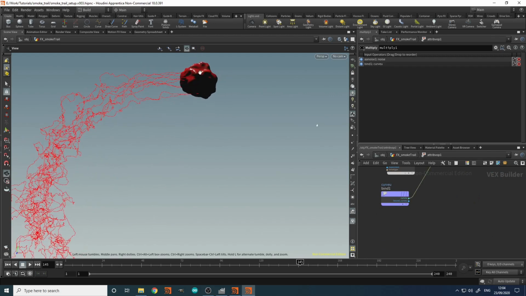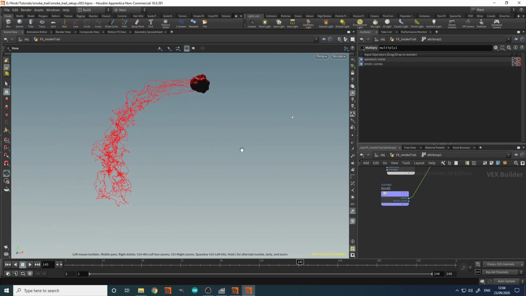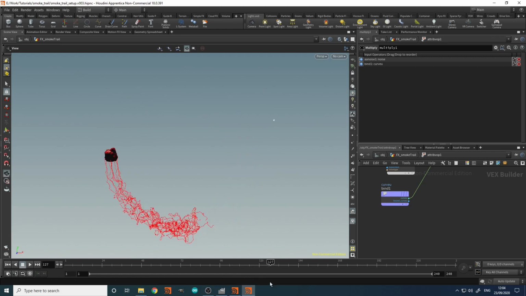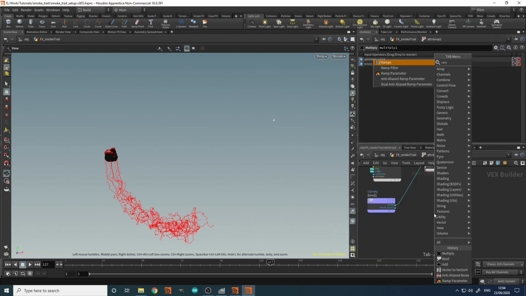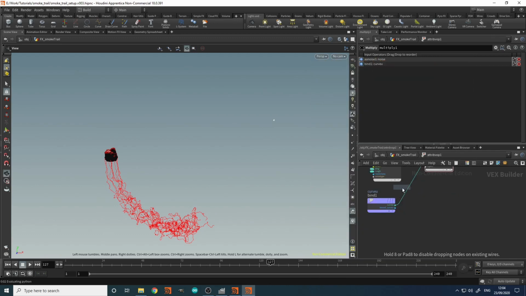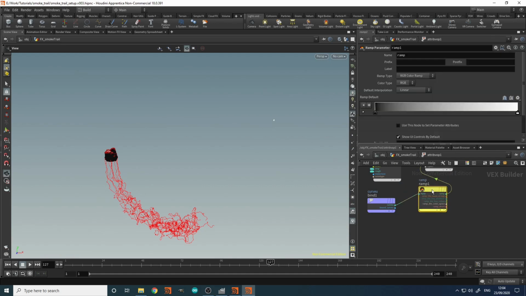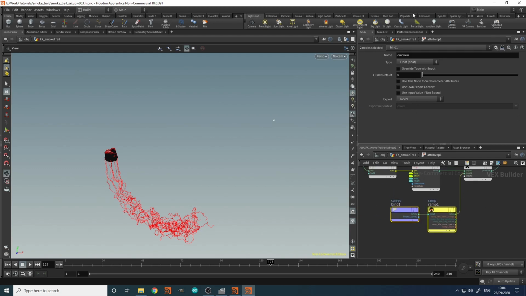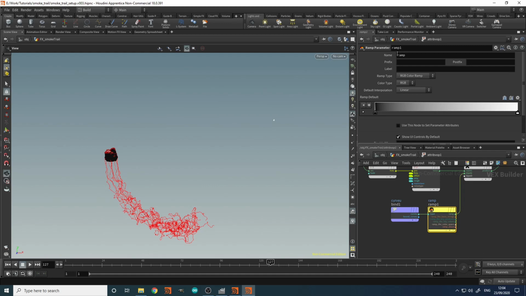There we go. So you can see here it has low to no amplitude, and as it goes down it gets higher and higher. If we scrub the timeline, you can see that that has a little bit more look, a bit more life. There is some growth and movement going on, which is cool. We might want a little bit more artistic control, so I'm going to create a ramp parameter. Ramp parameters take a 0 to 1 input and give you a remapped 0 to 1 output. Well, technically it doesn't have to be 0 to 1, but if you're using it in the standard way it will be. I'm going to call this ramp curve U ramp